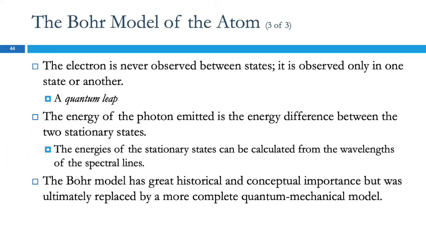So the energy that the photon emits is the energy difference between those two states, and we can calculate the difference in energy. So that is all really wonderful and everything. The issue is that the Bohr model only works for hydrogen. Hydrogen has 1 electron. It works great for hydrogen. It has great historical importance. And I think it's also helpful because it's a simpler way to think about the structure of the atom, just as a starting point. But it was replaced by the quantum mechanical